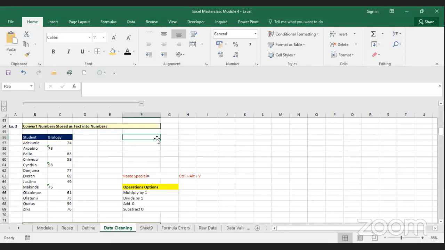If you add 0 to any number, it will still give you that same number. Okay, so these are just basic mathematics. Number 4, if you subtract 0 from a number, it will still give you that same number. So by the time we perform these 4 operations on this data, Excel will be able to convert it back to